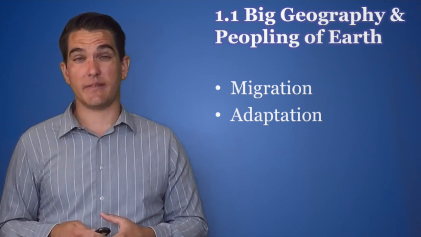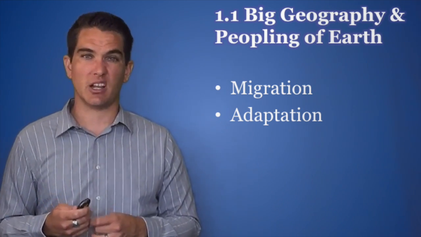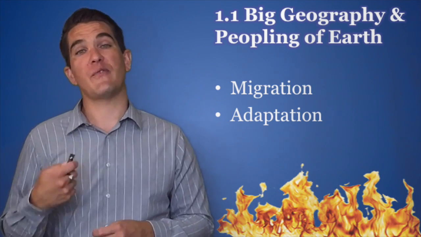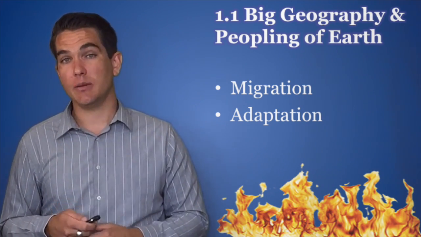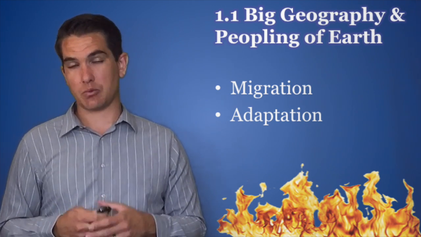Human beings are going to start developing tools in this time period. It's called the Stone Age because it makes stone tools. They also use bones for tools. And fires also developed in this period. Human beings use fire to cook food and to scare away predators, so that becomes really, really important in this period.